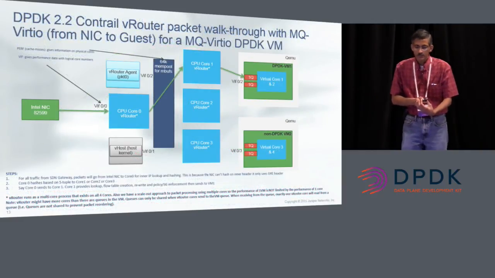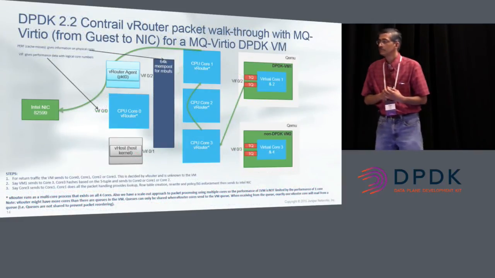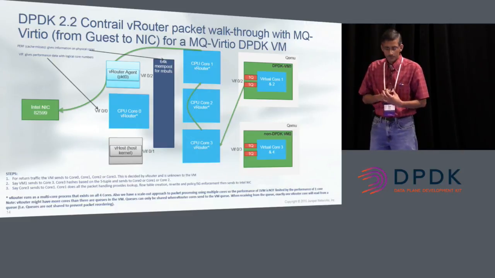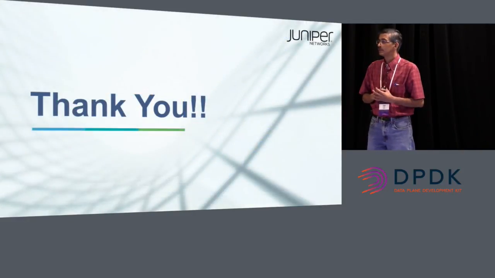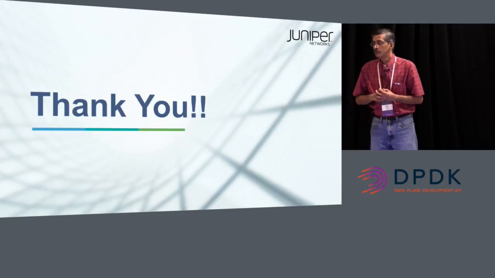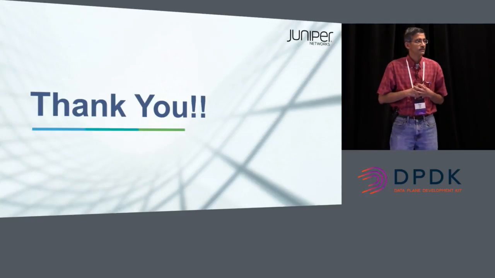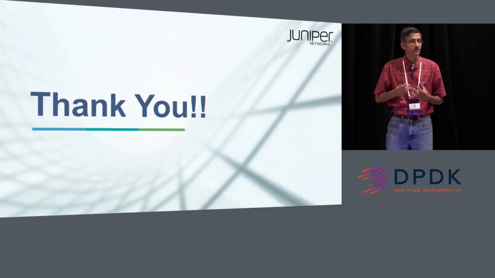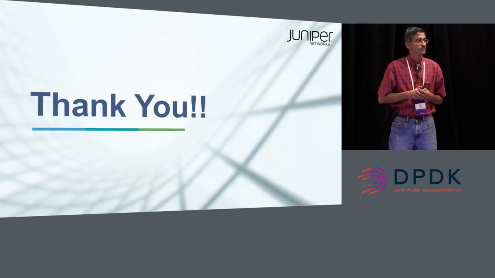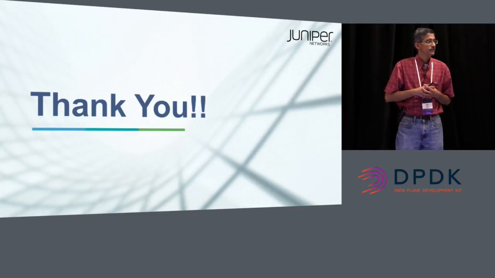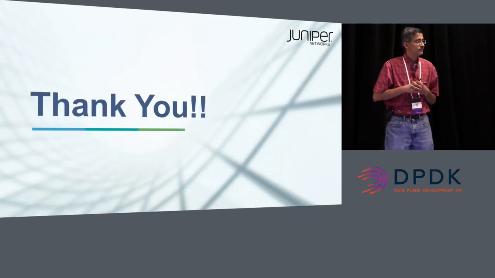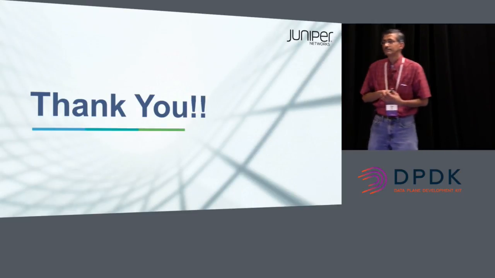The other thing I wanted to mention is that we are an open source project, so all of our source code is available on opencontrail.org, and we have a number of blogs there, including some about the integration of vRouter with DPDK. We don't have a separate open source product and a commercial product. Whatever is available in open source is the commercial product. So I welcome you to take a look at opencontrail.org. That's our website. Thank you.